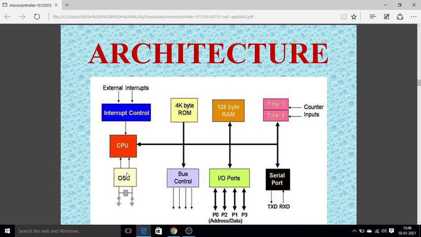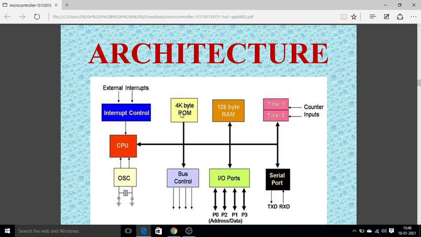about 11 to 12 megahertz. And along with the CPU it has the interrupts and the memory also. The on-chip memory, as we discussed in the features of the 8051: the read-only memory, that is the code memory or program memory, is about 4 kilobytes, whereas the RAM, the on-chip data memory, is about 128 bytes of RAM, and it can be externally extended with more bytes,